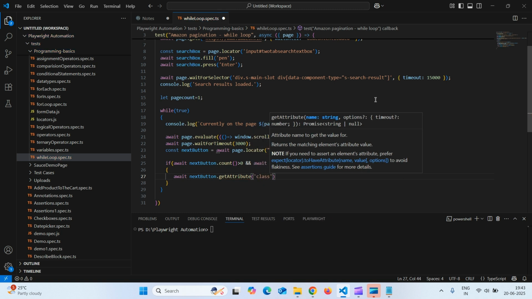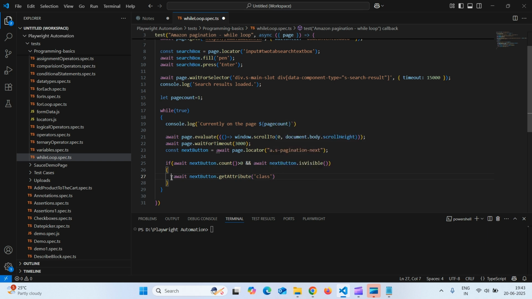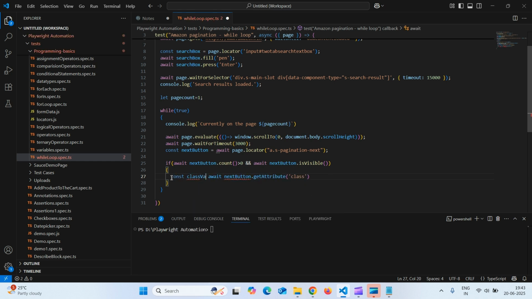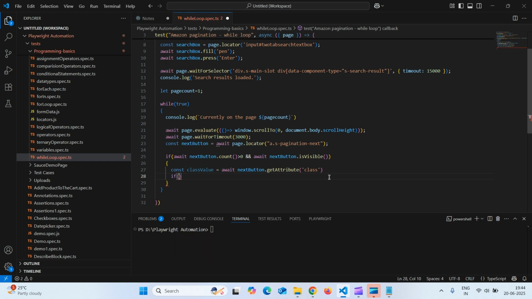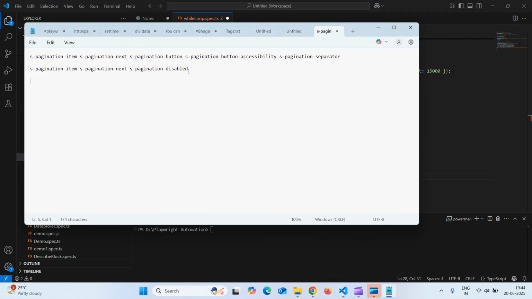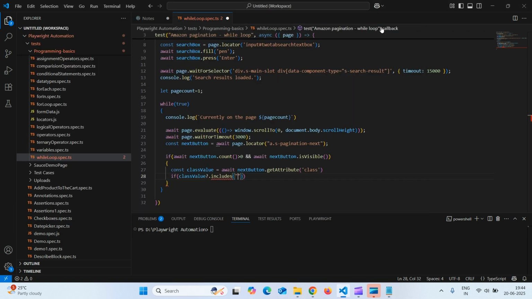So we want to get the attribute of class, and we will keep it in some variable. Okay, const classValue. Okay, and we got this. If we put a condition: if classValue.includes, we will say if this includes this class, if it includes this class, if it includes this,